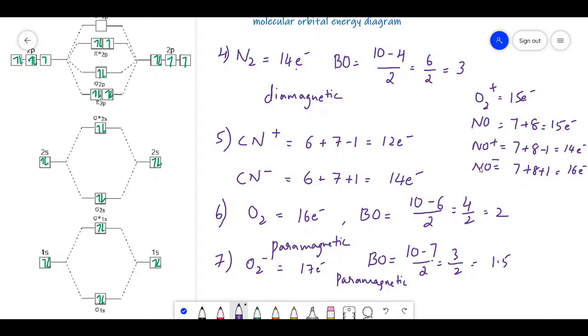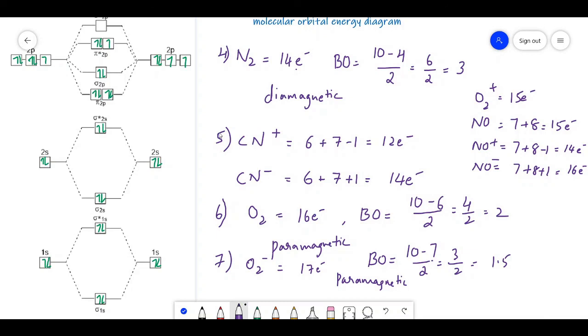That's all. Or if you are unable to remember these points, you can directly use this method. So just practice some examples in the same way. And in the exam also, you can directly take these boxes, the anti-bonding and bonding, not all these things. And if 15 electrons is there, just start filling 15 electrons. And then bonding minus anti-bonding, you can calculate this. So this is a very, very important model for NEET students. And I hope you have followed this and try to solve some more problems.